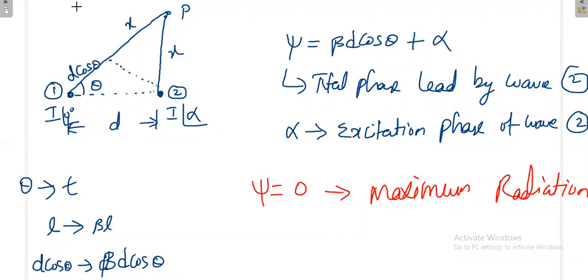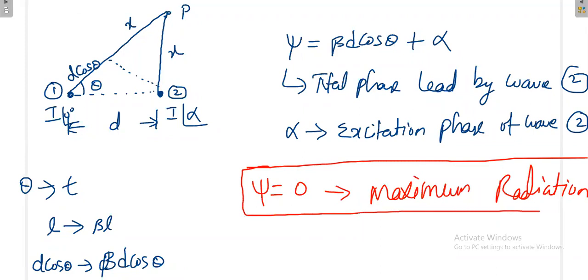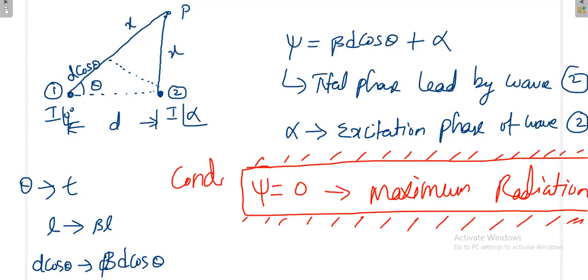Very important. That is the beginning point for antenna arrays. Always, let it be a 2-point array or n-point array, whatever it may be, psi is equal to 0 is the condition for maximum radiation. Very important condition. Now from this I will proceed. So now my psi is equal to